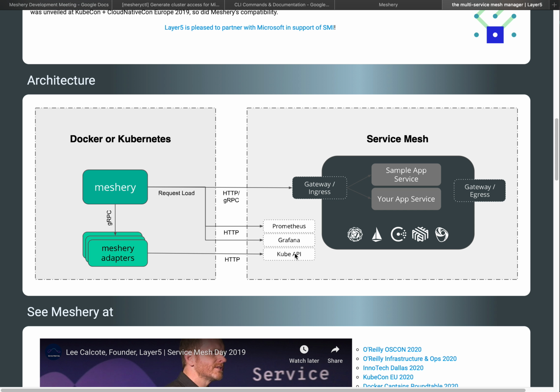And much of how Meshery works, almost all of Meshery's functionality, not all of it, but most of it, expects that you're going to be interfacing with Kubernetes. And so when Meshery starts up initially as a server, as a container, that container that I started on my local system just now,